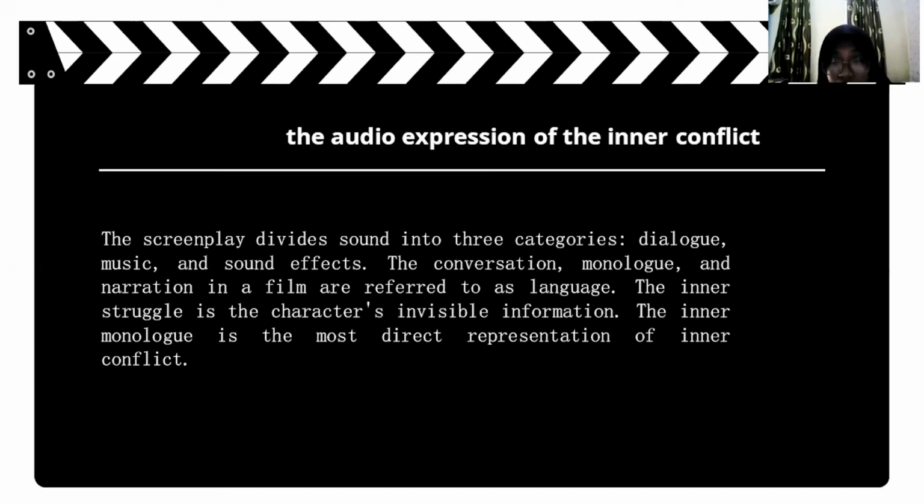In the screenplay, sound is divided into language, music, and sound effects. Language refers to the dialogue, monologue, and narration in the movie story. The inner conflict is the invisible information inherent in the character. The most direct expression of inner conflicts is to use the inner monologue, like what Neil Kidd said in the